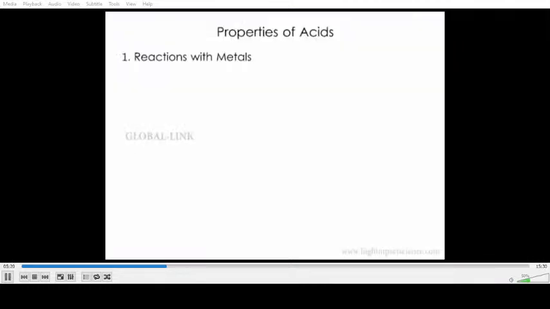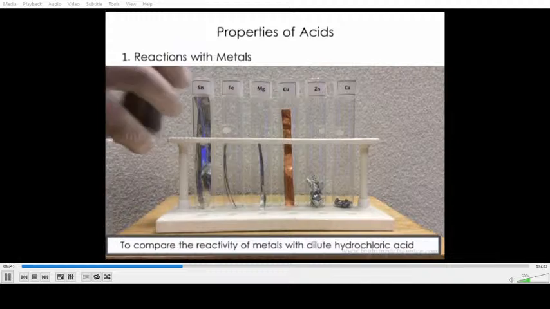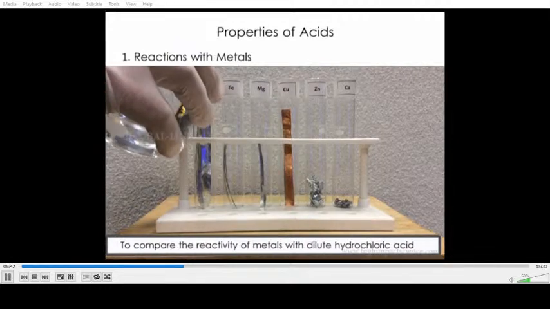Now, properties of acids. We start with reactions with metals. Now, in this experiment, we will add dilute hydrochloric acid to these pieces of metal in these tubes: tin, iron, magnesium, copper, zinc, and calcium. So now we put some dilute hydrochloric acid in the first test tube,